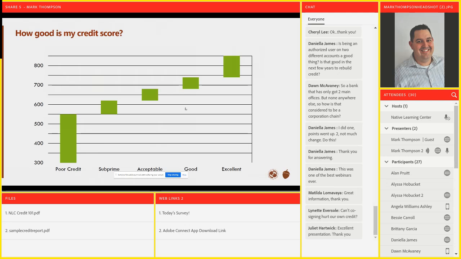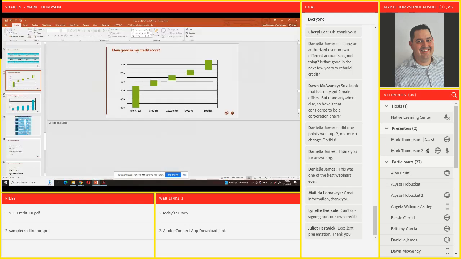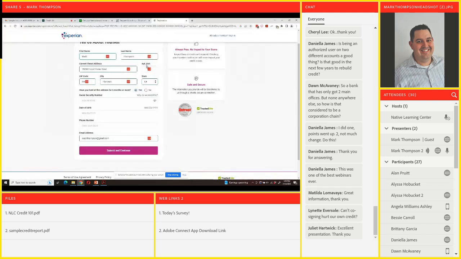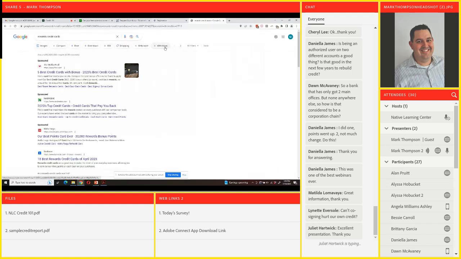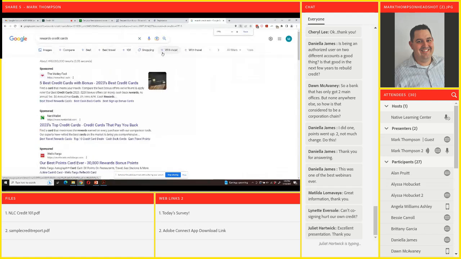And there's a whole industry. I mentioned, there's all kinds of different sites that are built on that. If you just put rewards credit cards into Google, it'll pop up. But you're going to see a lot of these sites that come up more frequently.